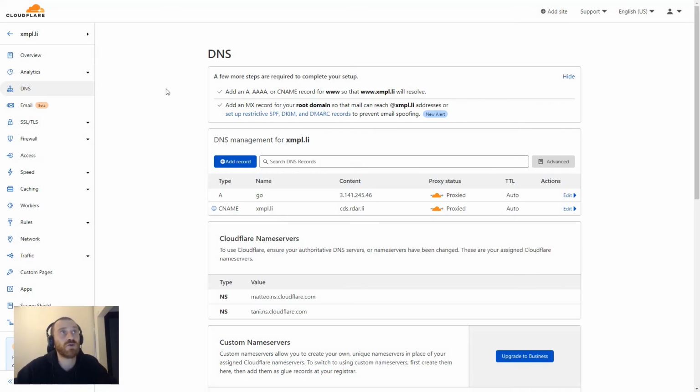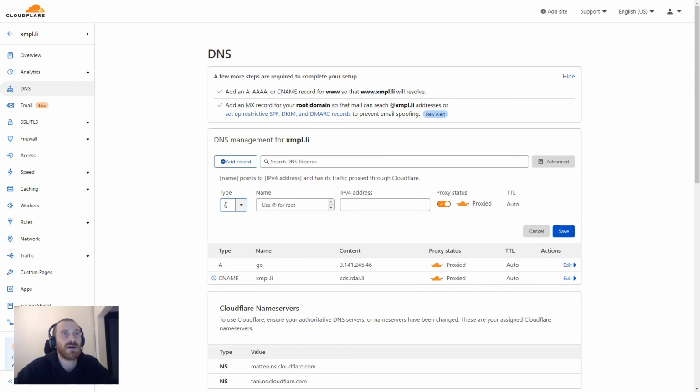If you are using Cloudflare, which is the best DNS service, for example, I'm clicking the add record button and I'm choosing an A record and typing, let's say, go to, and I'm typing the IP address which is given in the instructions, and when I click the save button, it will be